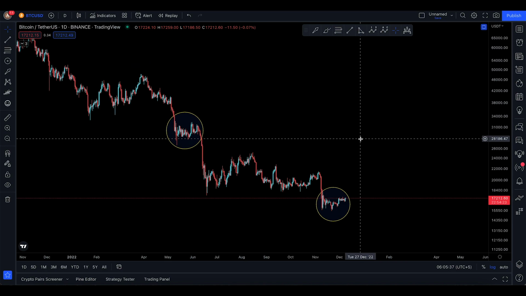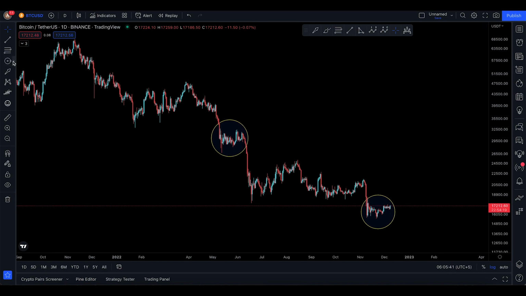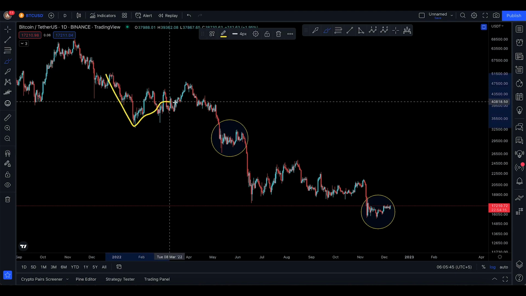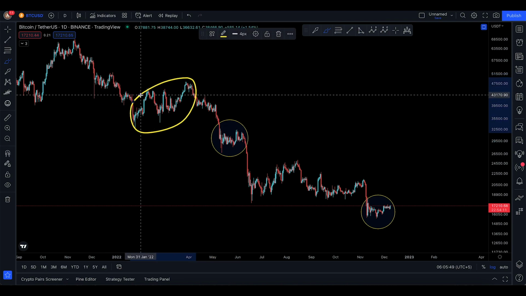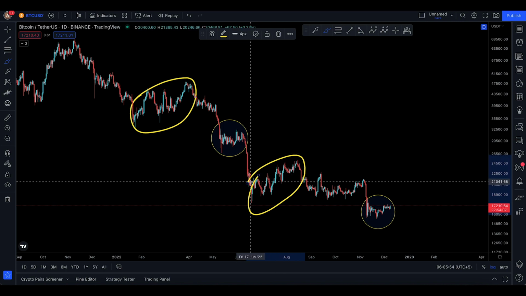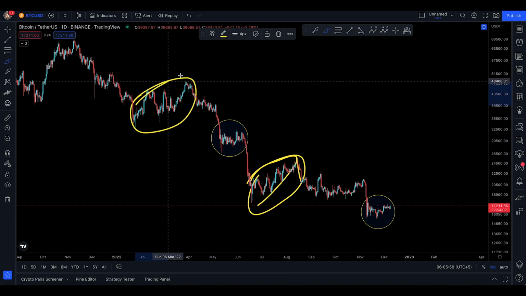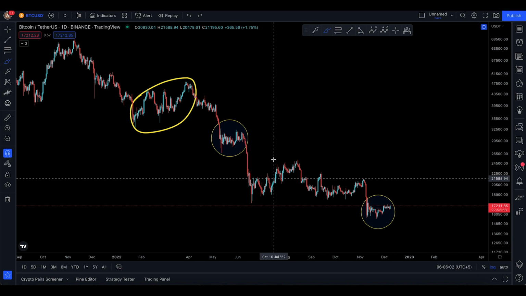And by the way, we do know that fractals play out a lot. The last time that I talked about fractals, they played out perfectly. For example, you came down like this, you tried to move sideways, you dropped down, and I was talking about this fractal being this fractal right over there. Do you see that? And we were up here, we made a rising wedge, we dropped down, just like I told you about this fractal rising wedge breakdown, and the same thing happened.